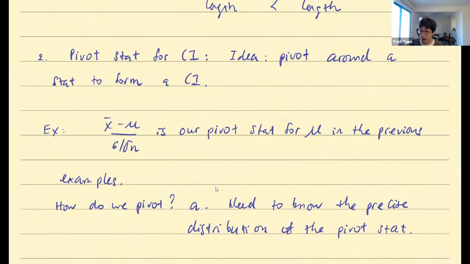So this is where our work in chapter 7, chapter 8 comes in, the sampling distributions. We skipped over something like the T and the F, but those are exactly used to work on the pivot stat, or they are also referred to as test stat in some way. But test statistics is more in the context of hypothesis testing. But confidence intervals and hypothesis testing are very closely connected. So it's the same thing. It's not surprising that they're the same things. But this is why chapter 8 is relevant. That's all. And the common ones,